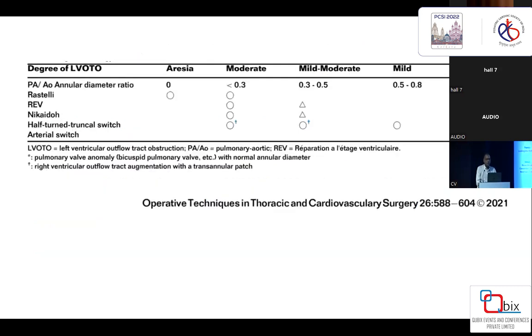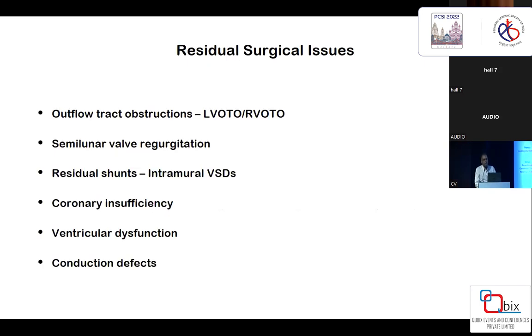Now, this I don't want to discuss in detail because Dr. Devananda is going to discuss this in detail in his talk here. But just want to tell you that the pulmonary and the aortic annular diameter ratio, which was discussed previously, I got this idea when Dr. Chinnaswamy Reddy presented his talk a few years back in one of these conferences. This is a very important thing. This ratio will determine which will be your approach. The residual surgical issues here can be in the outflows, semilunar valves, residual shunts, coronary insufficiency, ventricular dysfunction, and conduction defects,